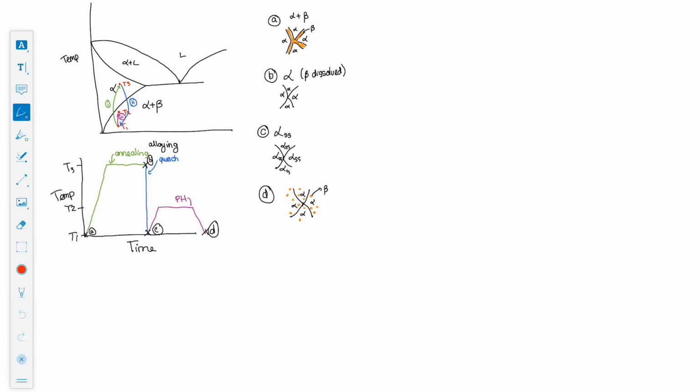So when those smaller beta particles that are more dispersed precipitate out, we can have a large number of them precipitating or a smaller number. They can be smaller in size or larger in size. As well, they can exhibit